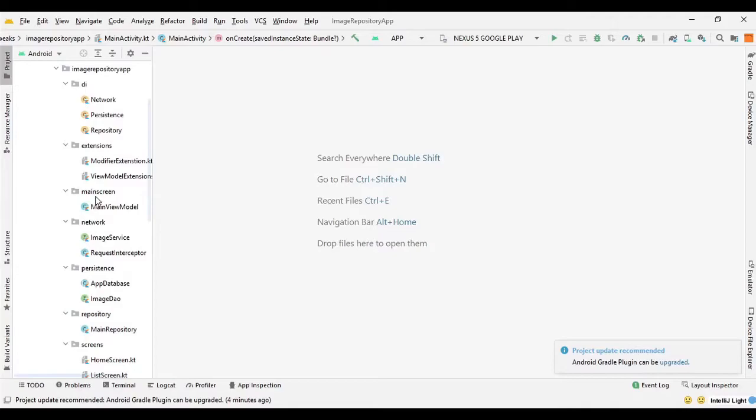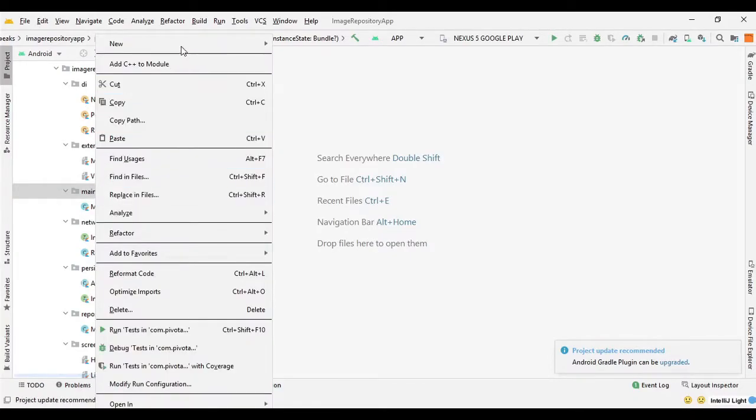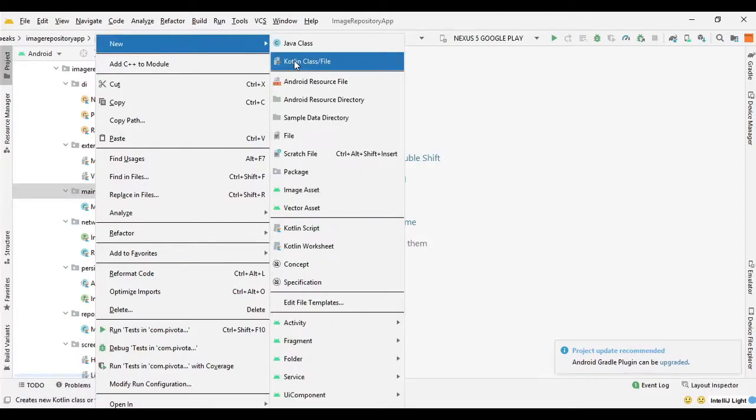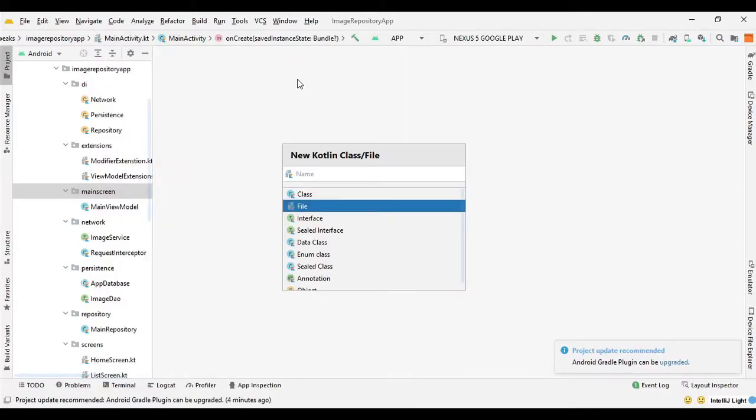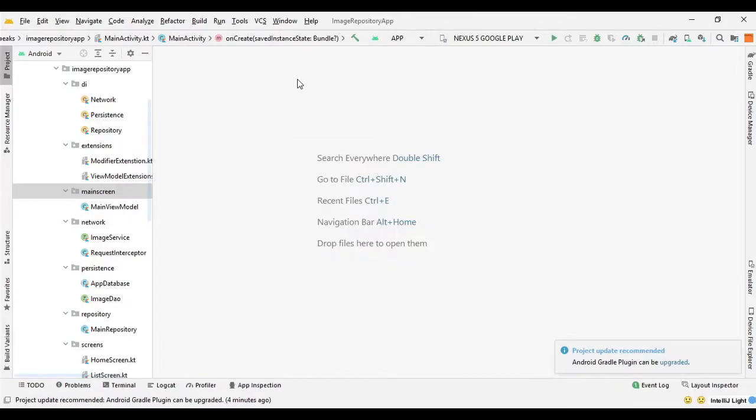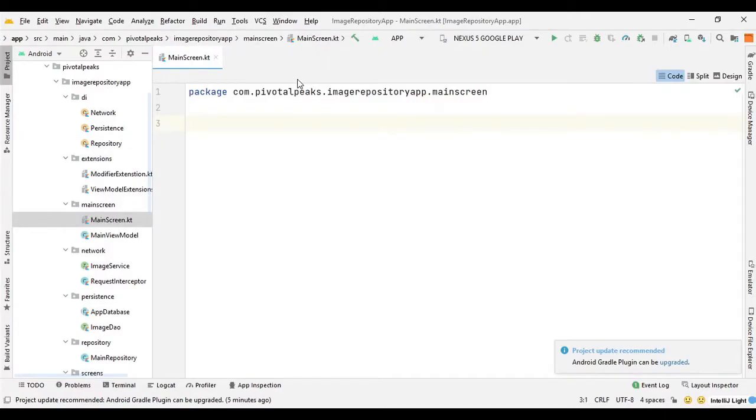So we will create our main screen here in the main screen package. Let's create a new file and call it main screen. In this main screen, we need to create a sealed class for routes.